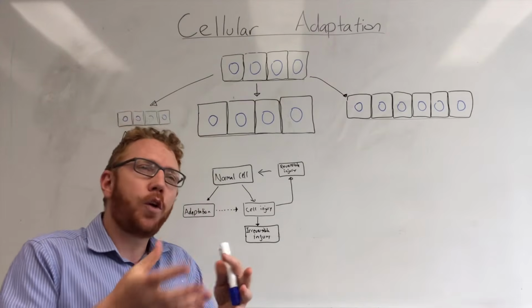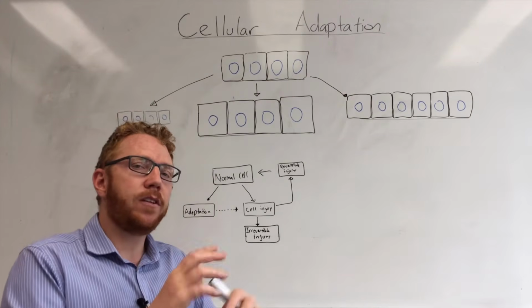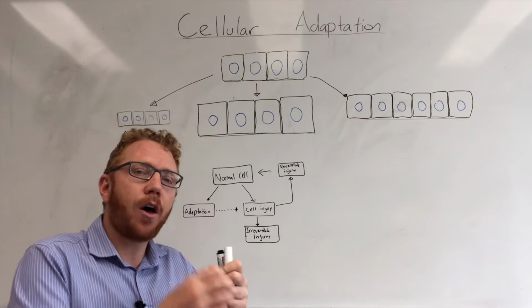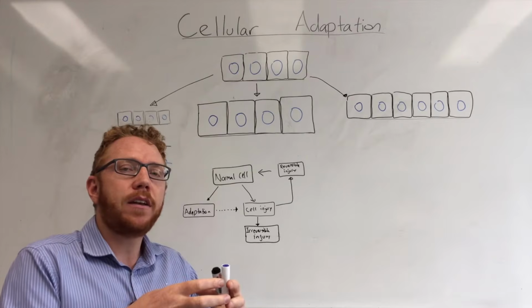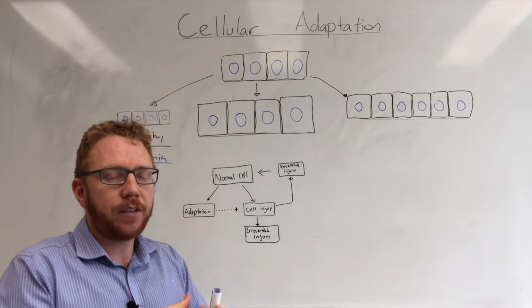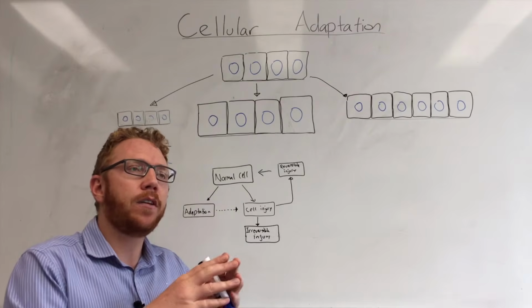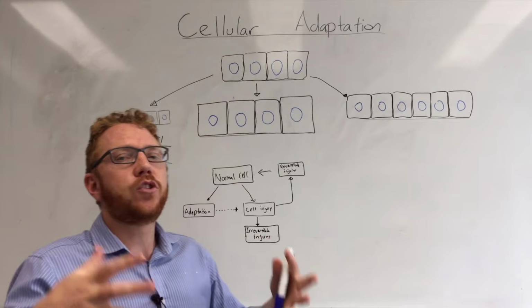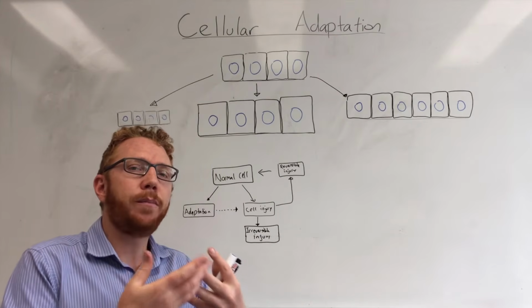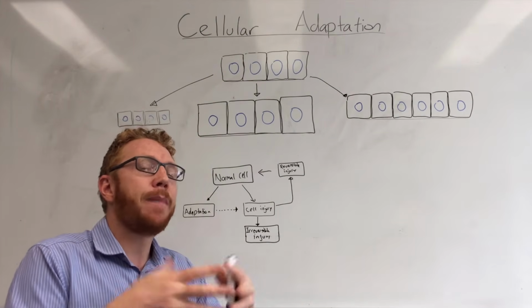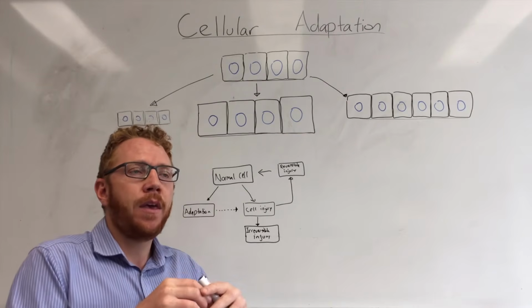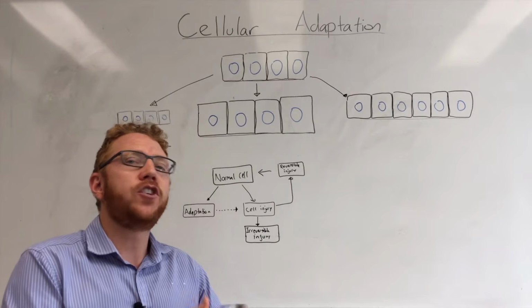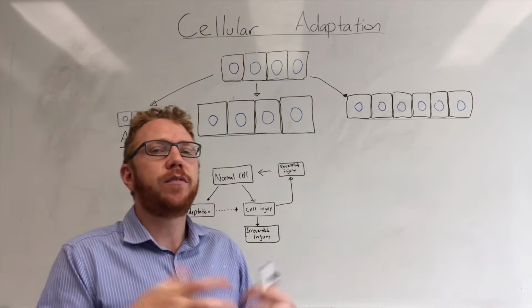Another example, which could be a combination of physiological and pathophysiological, is the bladder. If the bladder has a restricted flow, such as with an enlarged prostate, then when the bladder is trying to empty and push the urine out, it needs increased strength. The way it does that is by building up its muscle content within the wall of the bladder,